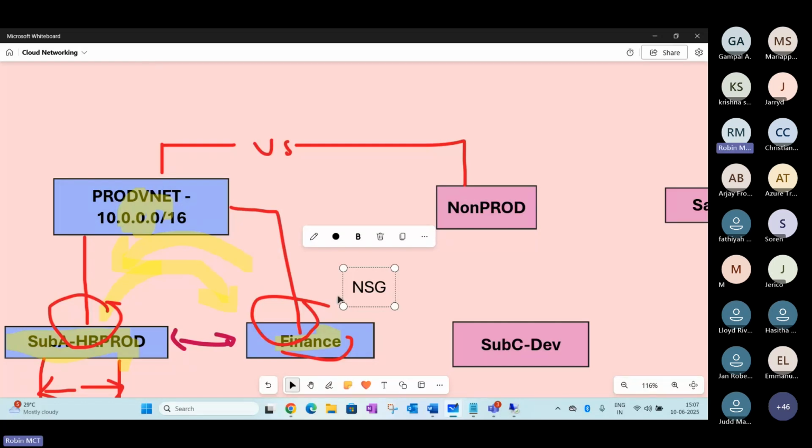Is the option clear? That's maybe the one point you can see here. So that's about subnet to subnet communication.